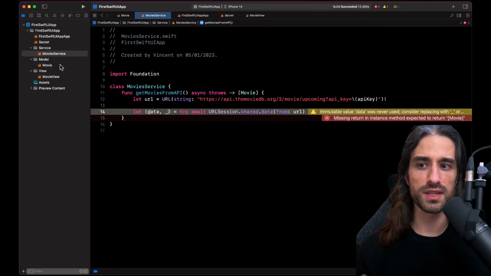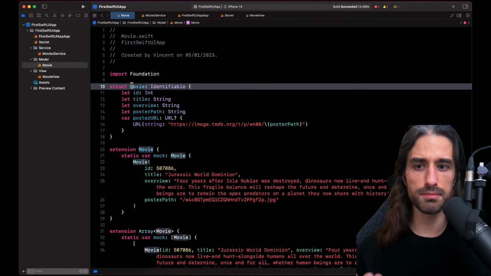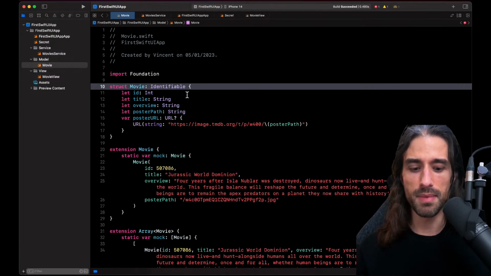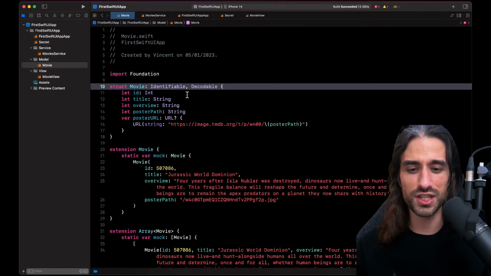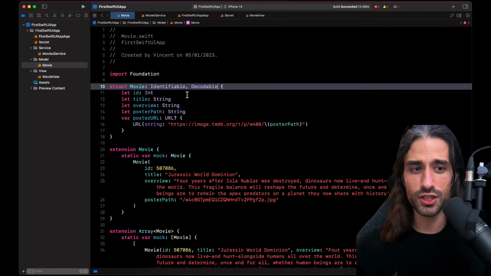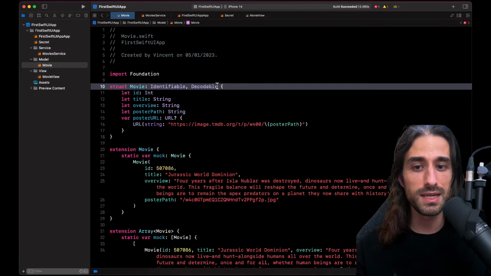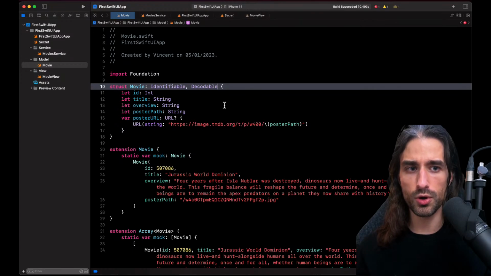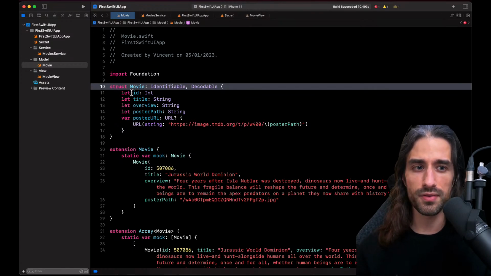Now all that's left to do is to actually decode it and map it to a struct of type movie. How are we going to do it? We're going to do it by simply marking the struct as implementing the protocol Decodable. So this is one of the very magic things of Swift, which is that Swift has a built-in serialization and deserialization mechanism, and simply by saying, okay, my struct movie implements the protocol Decodable, the compiler will generate at compile time all the code to be able to decode a JSON with matching fields to that of the properties of the struct.